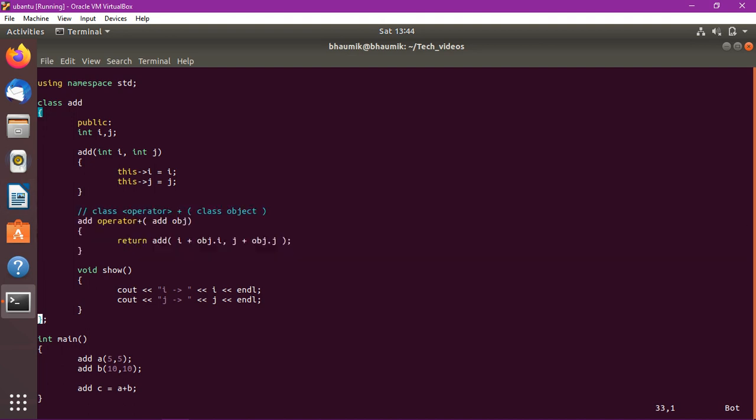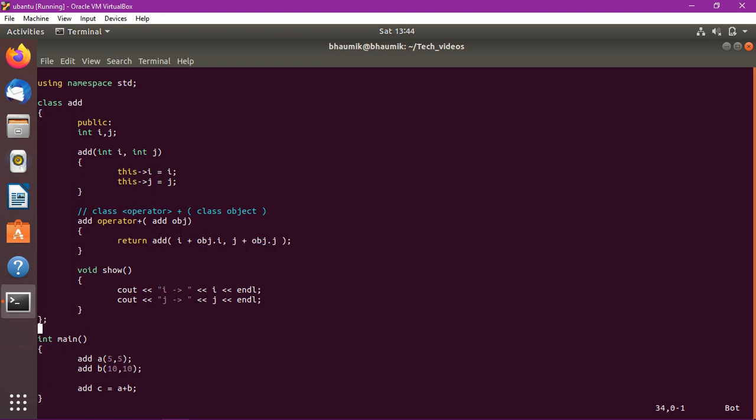So here i is a's i, so a's i plus b's i, that will be 5 plus 10, 15. And j, a's j plus b's j, so that is also 15. Here we are returning that class to c, so c will be 15 and 15.